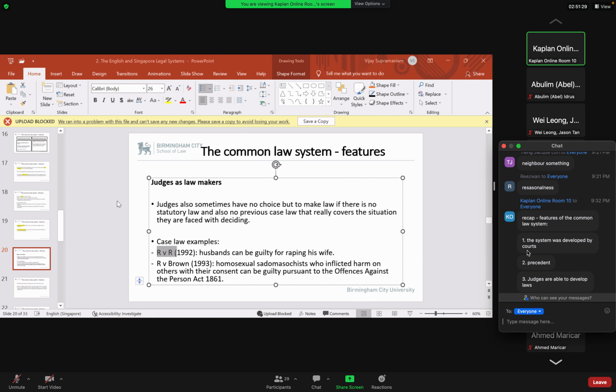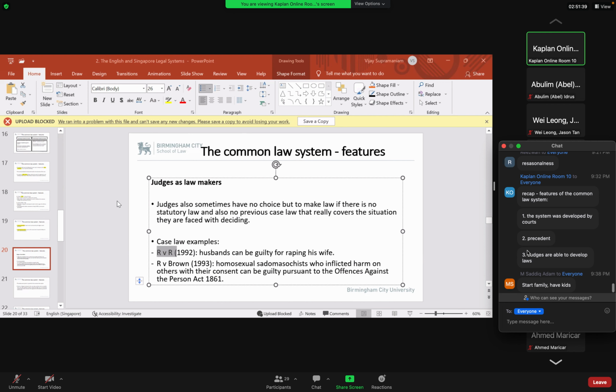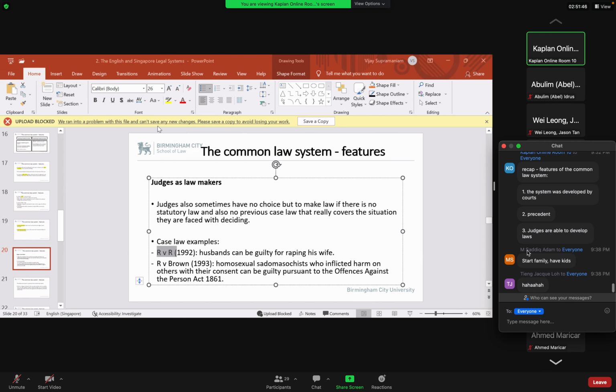Those who are married, can you tell me, what is the idea behind marriage? Who can tell me? How do you perceive marriage? Start a family and have kids. No. Marriage is seen as an equal partnership, right? I mean, it ought to be seen as an equal partnership these days.